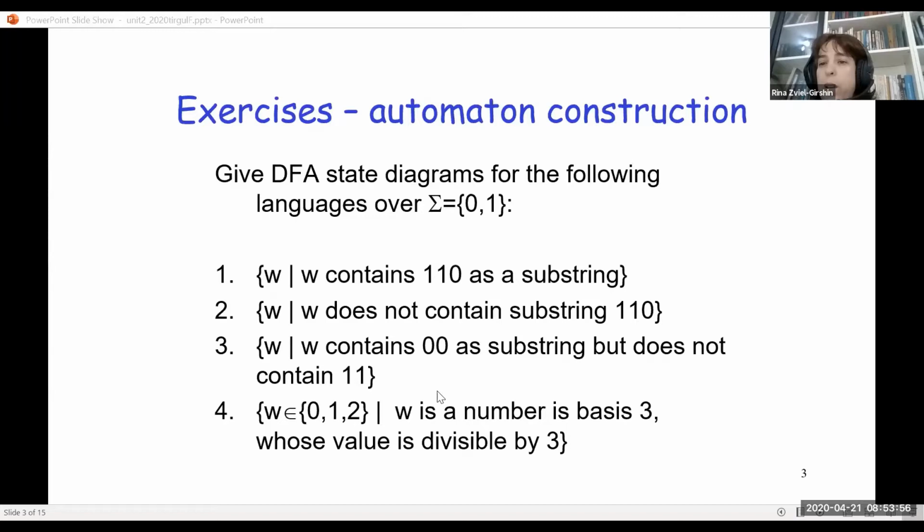So we are starting with one language that accepts all words that contain substring